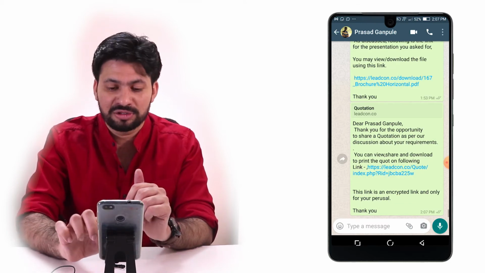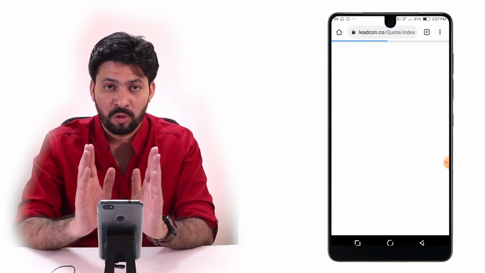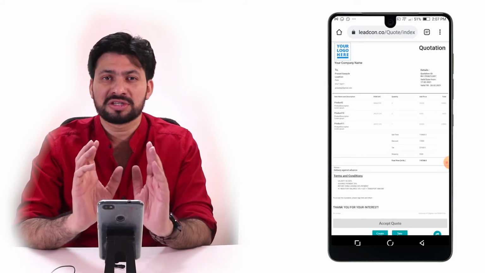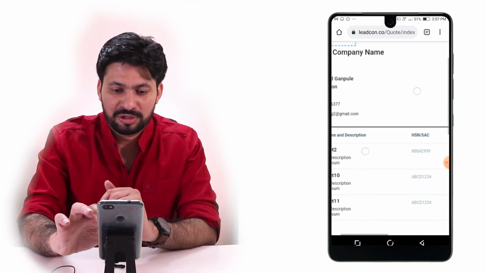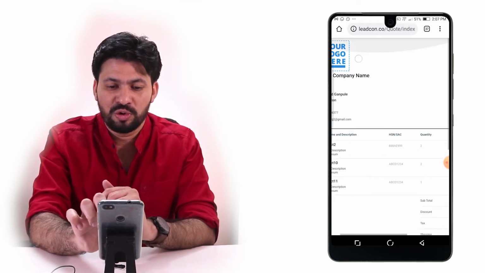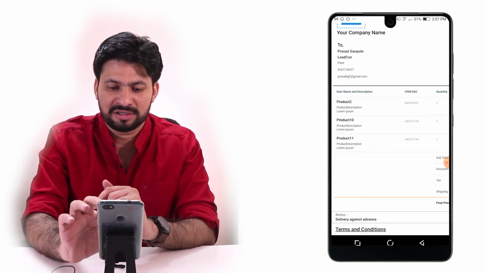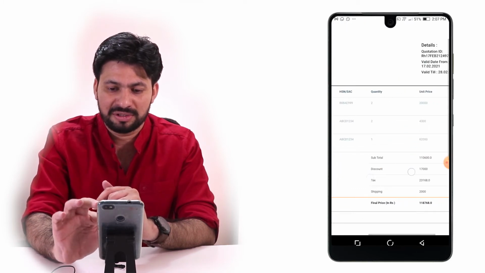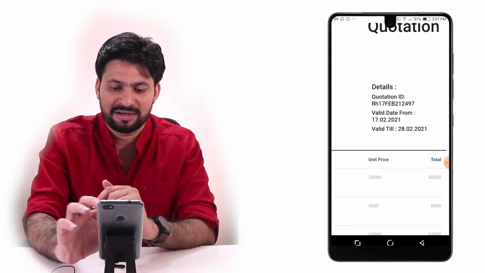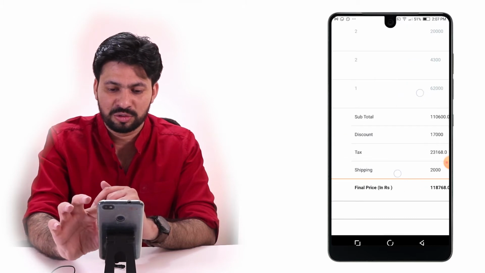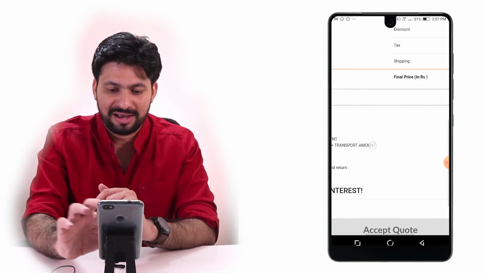So now let's go and check out the quotation. If I click on that, it will open in the browser window. Our quotation is a completely encrypted, link based quotation, where now you can see here comes your logo. Here are the details of the customer. Here are the product details with all the different parameters, with the unit price and the total price. Here is the valid till date. You can see this is the final total costing with the final price, which is in rupees. So you can see all the calculations here.